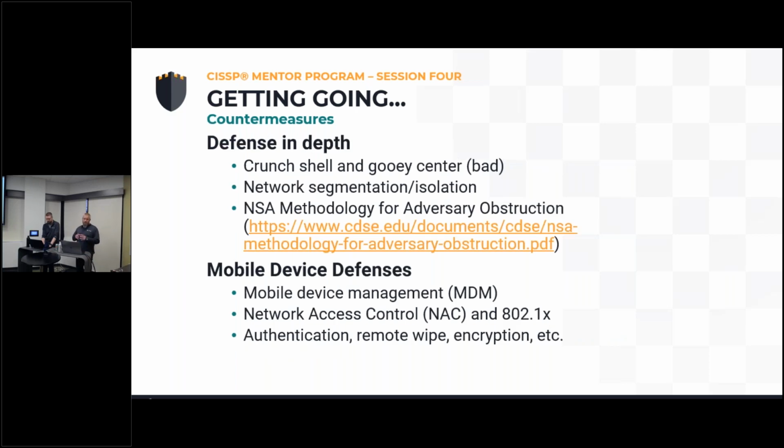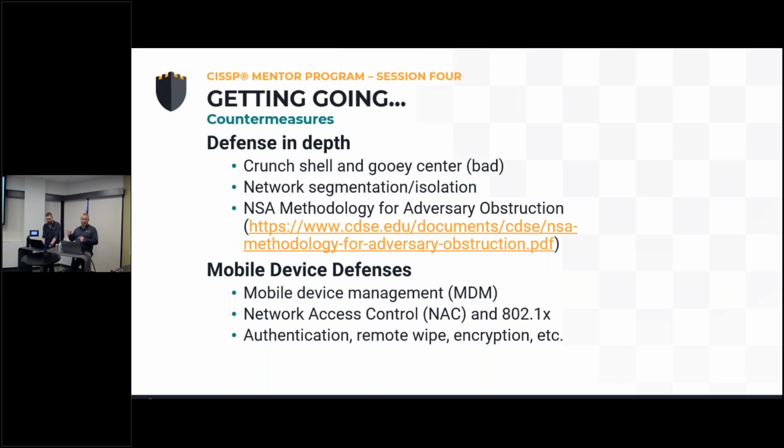Defense in depth, so gobstopper, not a Rollo, right? So most people build their networks with a crunchy shell, gooey center. We're so focused on the perimeter, we forget about threats that are already in, or maybe they've always been in. So we want, and that's what I was showing you guys before, just when I was still working when it came,